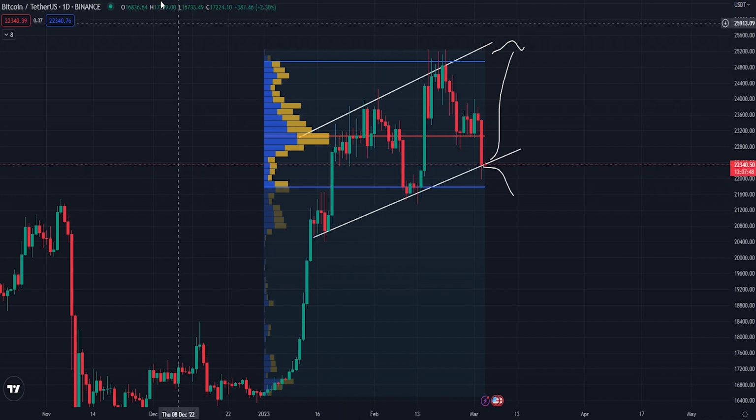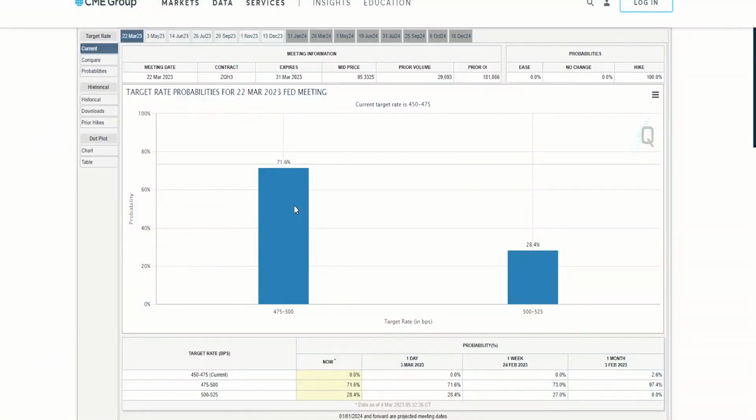And something very interesting to keep an eye on, we have the next FOMC meeting towards the end of this month, I believe the 22nd of March. And this is the Fed Watch tool, and it's available online, and it just tells you what the market is expecting. So almost what is being priced in at the moment. And really interesting to note that 1 month ago, on the 3rd of February,